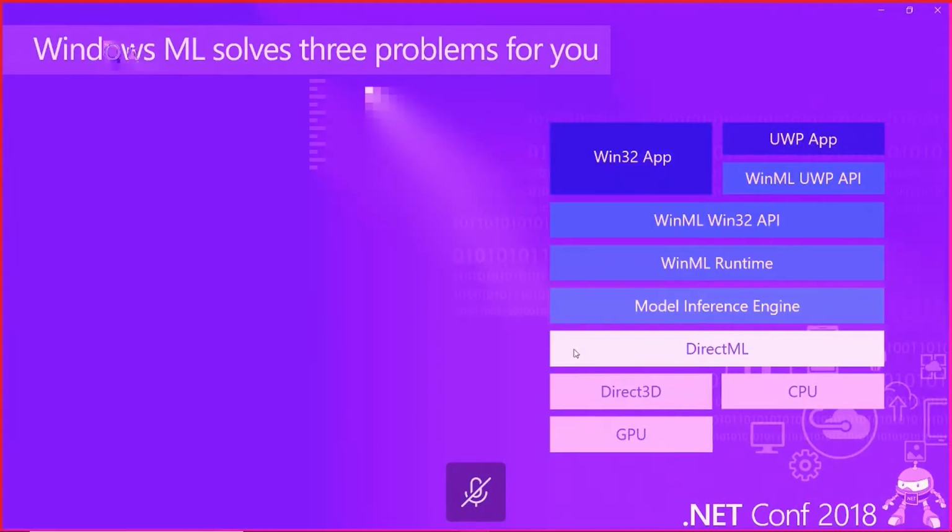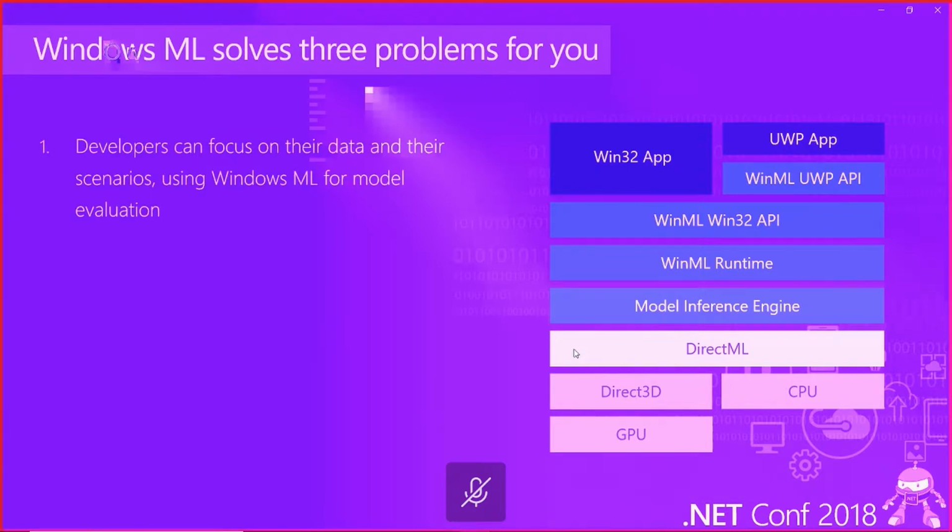Okay, how is it possible that we can run artificial intelligence actually in our client, whatever it can be? It can be a server, it can be our Xamarin, it can be our UWP application, thanks to Windows ML.